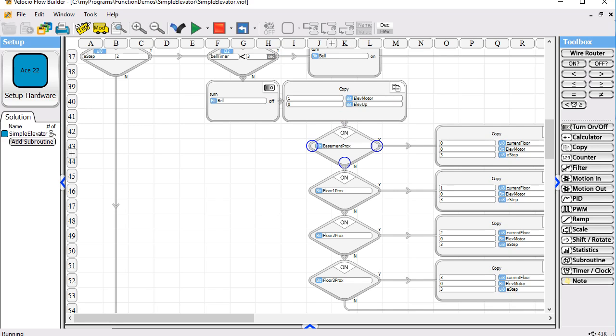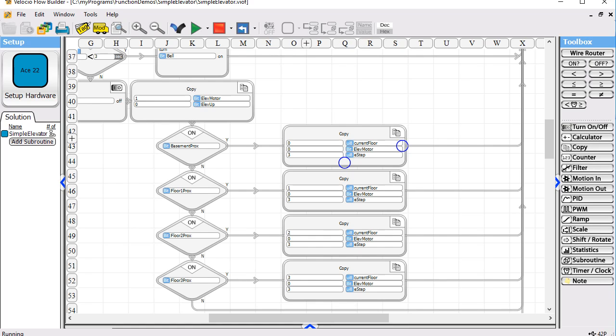And then we check, okay, do we see our sensors? Initially, the very first pass through, we're not going to see any of these sensors, but we'll keep going around our loop until we finally sense a door or a floor sensor, and we look for basement, floor 1, 2, and 3. Since we're going down, we should never hit floor 4. And as soon as we hit a sensor, we'll establish what floor we're at. So if we're in the basement, that's floor 0. We'll copy a 0 into current floor. We turn the elevator motor off by simply writing a 0 into the elevator motor output, and then we set